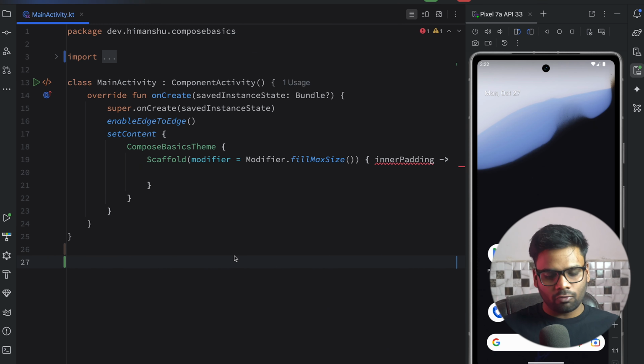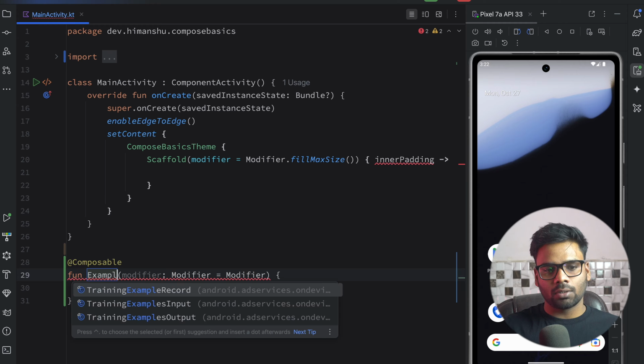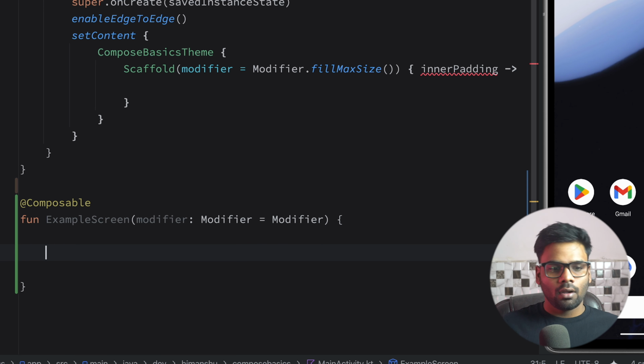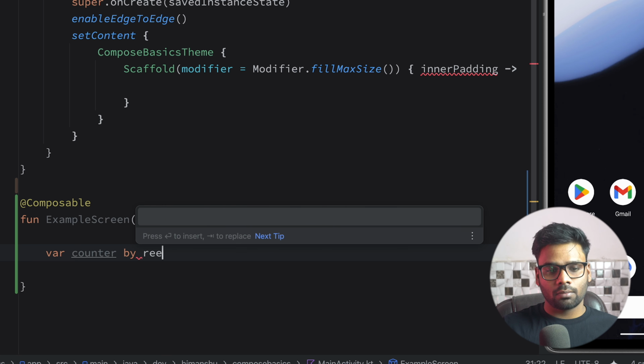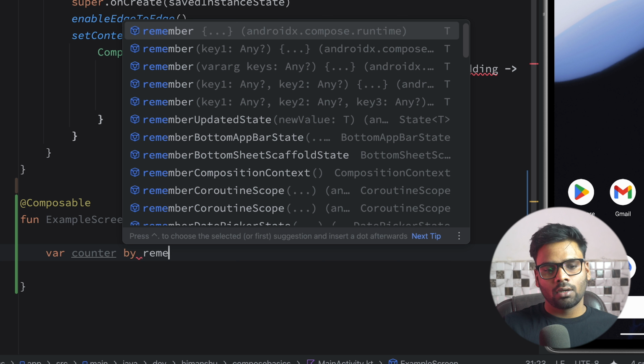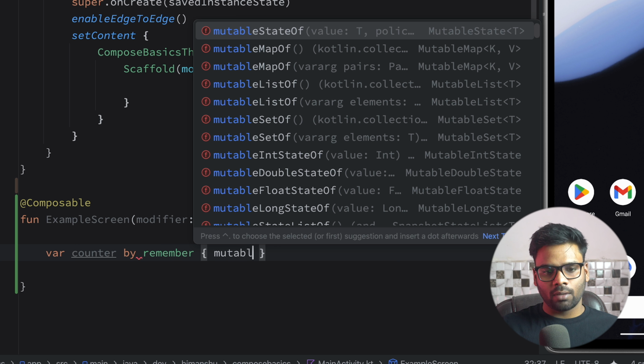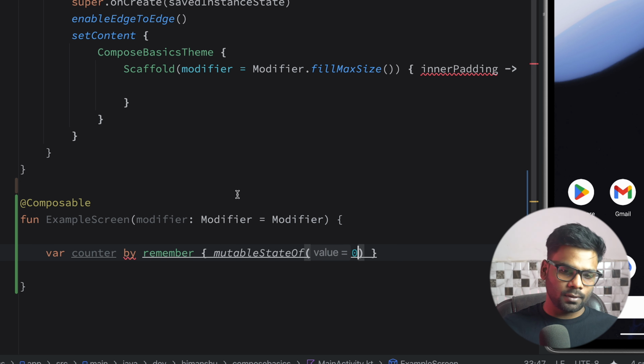What are the problems with remember, and what are the problems that are solved in rememberSaveable? For that, let's create a composable, and the composable name is ExampleScreen. In this I want to create a state, and the state name is counter. So first I want to use remember mutableStateOf 0,